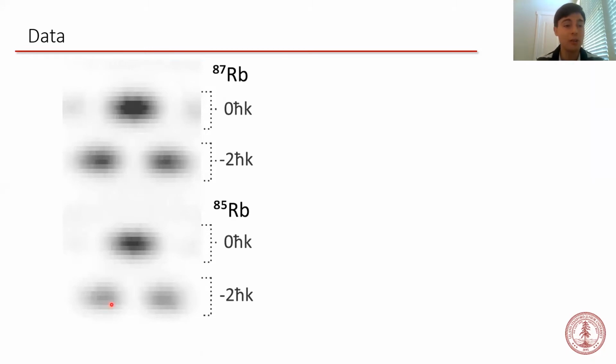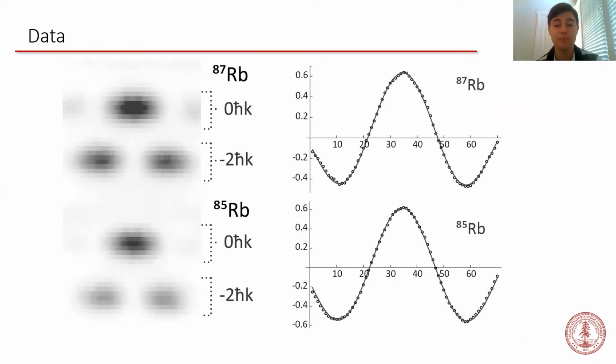There's a horizontal phase gradient across each output port because we change the angle of the interferometry beams in between pulses. This technique allows us to see an entire interference fringe in each shot, which improves our ability to extract the interferometer phase. To analyze these images, we bin each port in the vertical direction and construct the asymmetry, which is the difference between the 2 ports divided by the sum of the 2 ports.